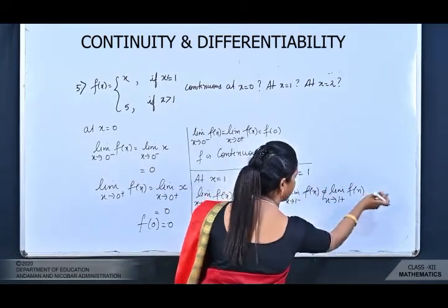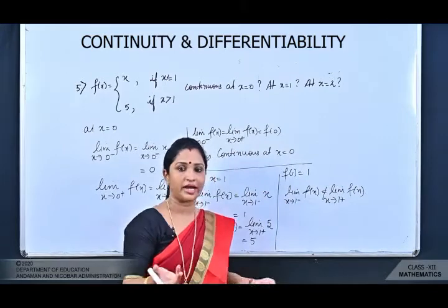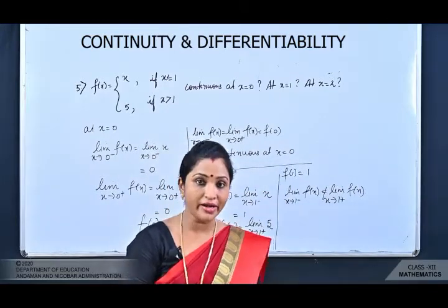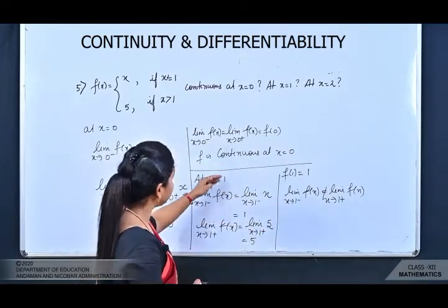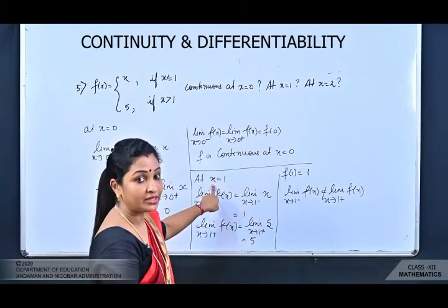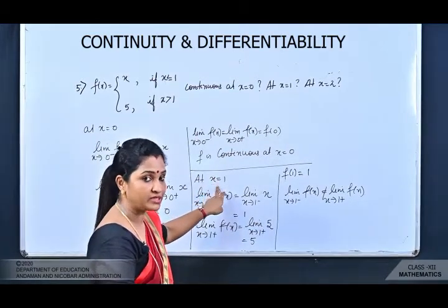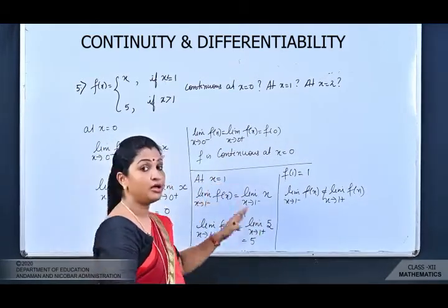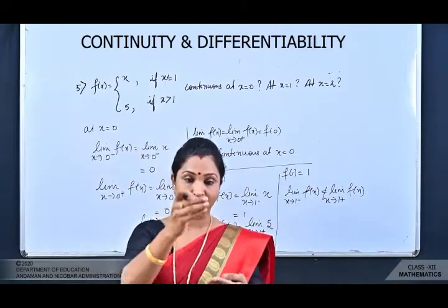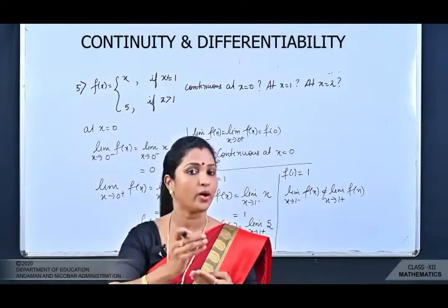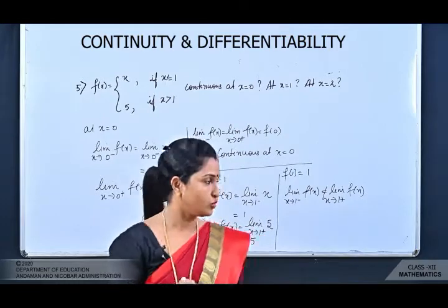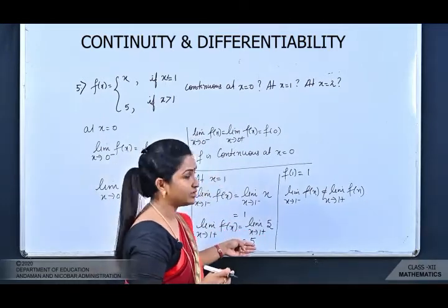आगे आपको ये बताने की जरूरत ही नहीं, क्योंकि यहीं पे ये इक्वल नहीं है. The left hand limit is not equal to right hand limit. Hence the function is not continuous at x is equal to 1. इसका अगर आप ग्राफ अपने से बनाइएगा, when you draw the graph, आपको एकदम समझ में आ जाएगा कि ये फंक्शन ब्रेक हो रहा है. It's just at 1 the function is breaking. So you can say that the function is discontinuous.